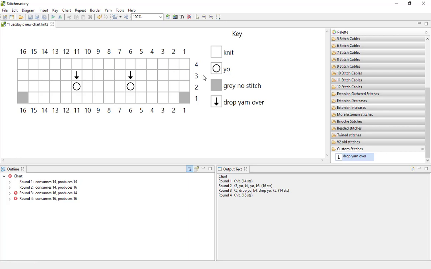Which is all fine up to round 3, but then of course round 4 we've currently got 16 stitches. Now depending on your chart and what else is going on in it, there may be different ways that you'll approach correcting this. You may have other increases and decreases going on, but one simple way, if you only wanted to chart this specific bit, you can pop in the grey no stitches, which reduce your stitch count back to 14, so your chart is now correct. You had a slight increase by adding the yarn over, then you've dropped the yarn over, so you've come back to the same 14 stitches as you started with.